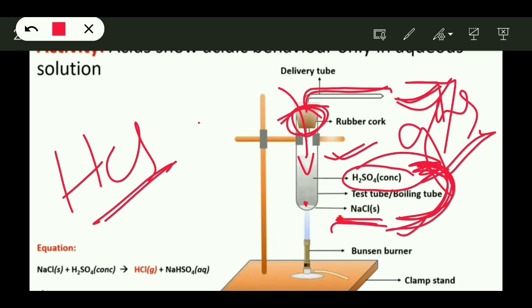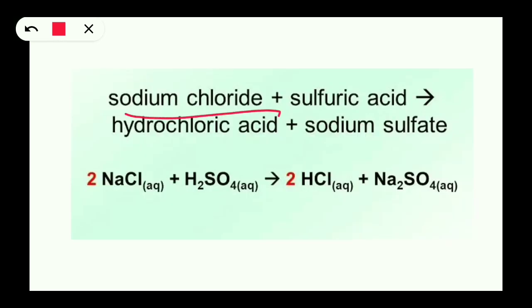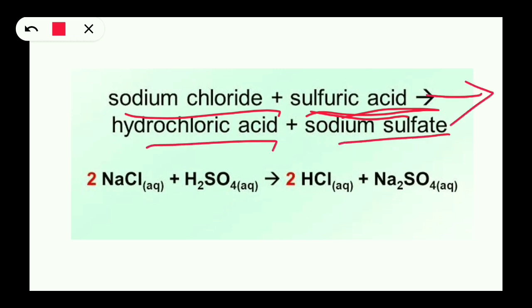So in this equation, children, sodium chloride, that is common salt as I told you, reacts with concentrated sulfuric acid and gives rise to hydrochloric acid plus sodium sulfate. This is not aqueous, children, it is in gas form, it releases out. So sodium chloride when it reacts with sulfuric acid gives hydrogen chloride gas plus sodium sulfate. This is happening here in this experiment. So this is shown through the equation here.